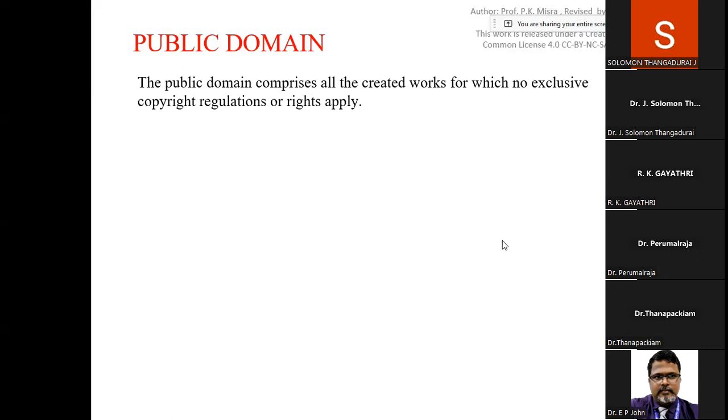For example, in South India we prepare sambar or rasam or idli. Who has the copyright for it? If this recipe is mine, no one can claim it, because we don't know when it was created.